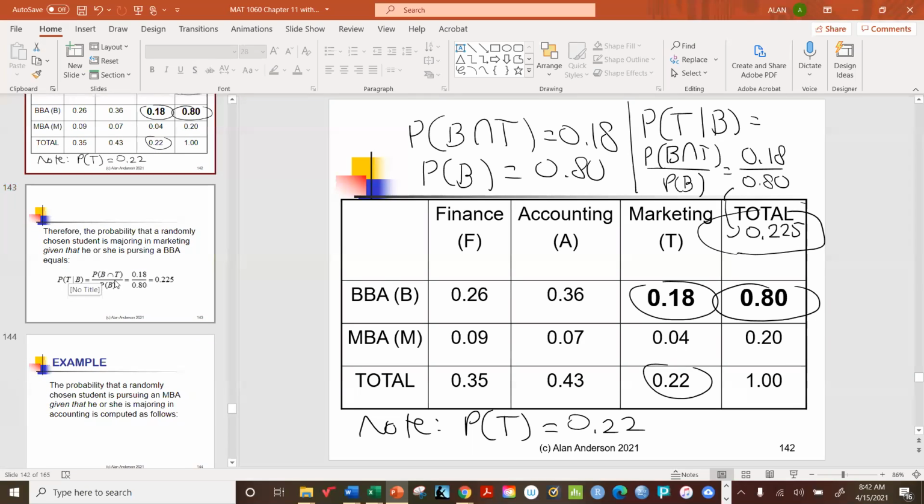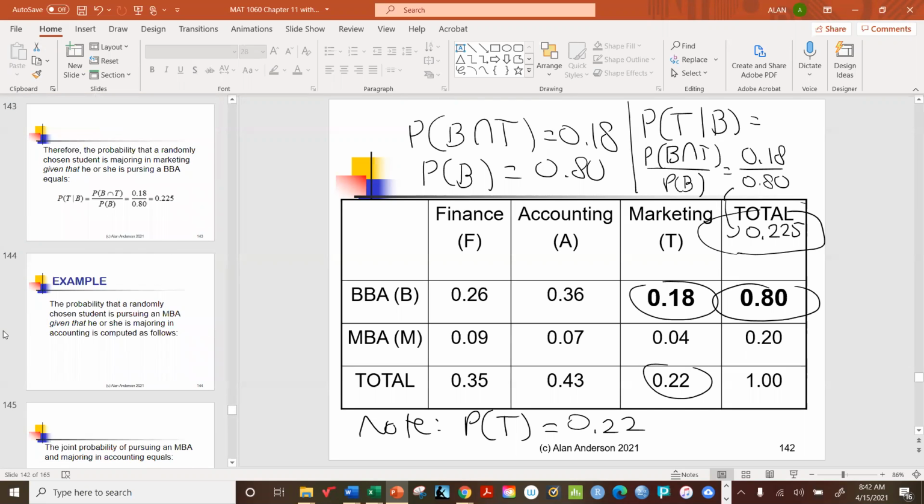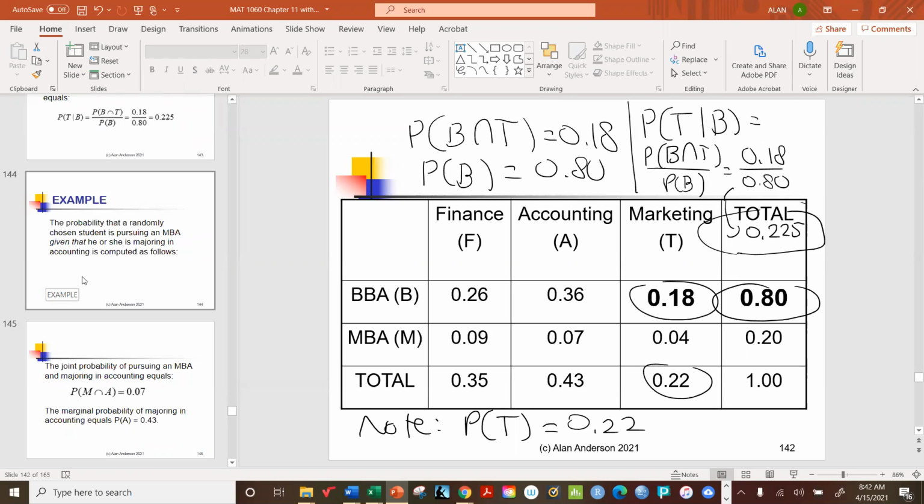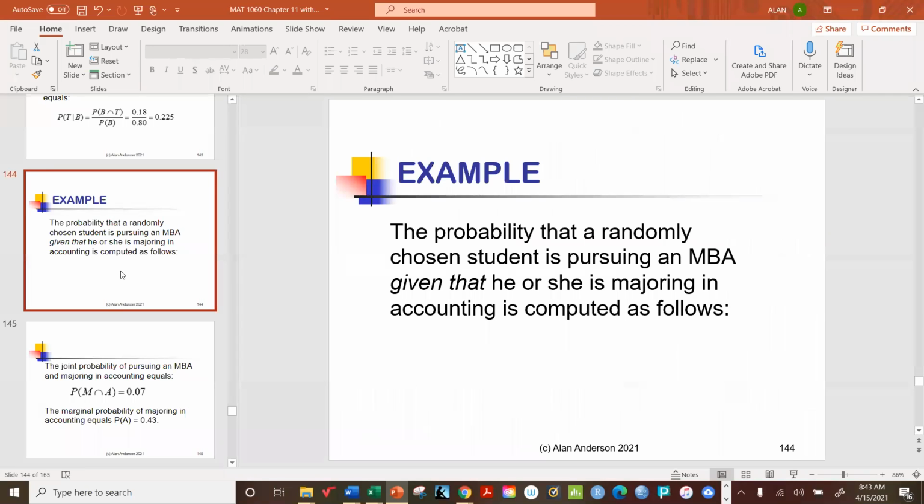All right, so why don't we try another one just to get some more practice with this. So I hope you get the idea. Each time the setup will be exactly the same. So for example here, what if I ask the following question? I want to know the probability that a randomly chosen student is getting an MBA given that he or she is majoring in accounting. Okay, so let's see if that works. All right, so the probability that a randomly chosen student is pursuing an MBA given that he or she is majoring in accounting. So let's write this out with the symbols